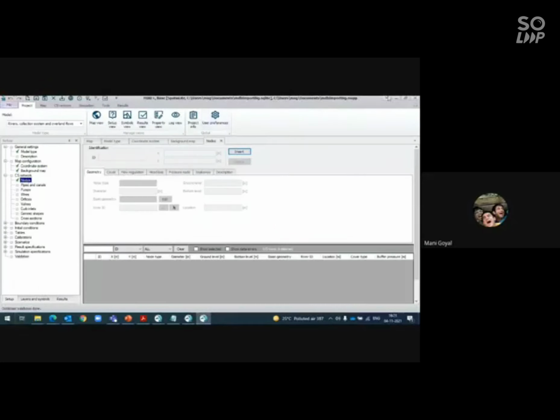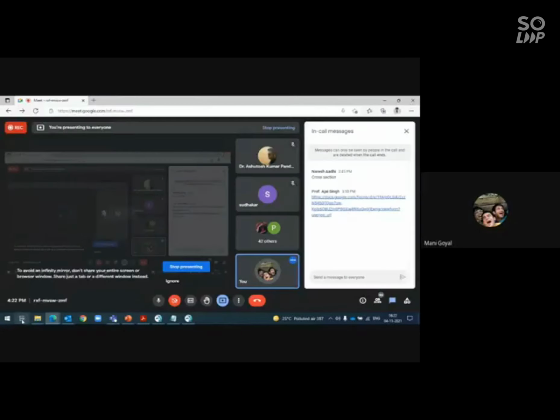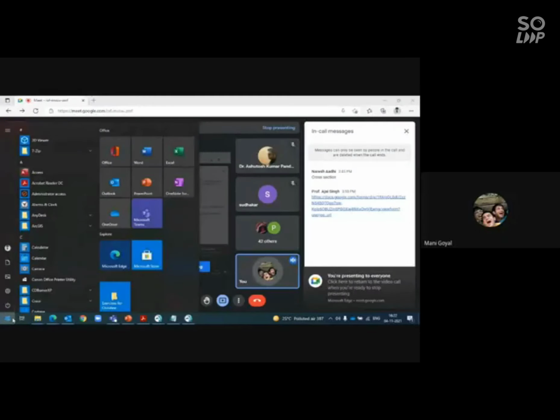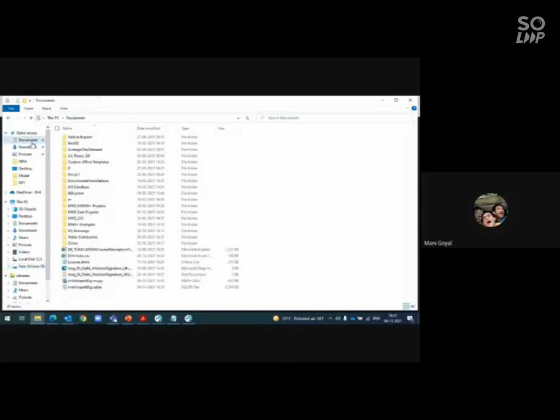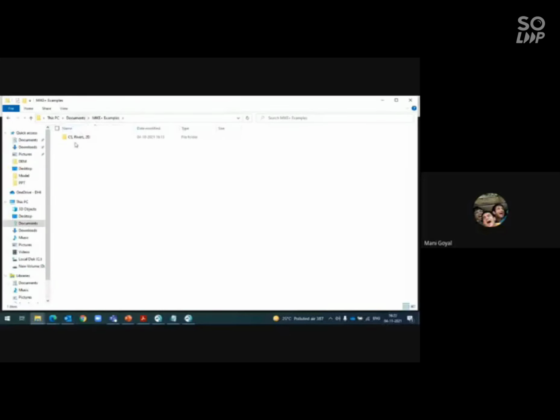It will be more meaningful if I open one of the models that is already created. Again, in Mike Plus also there is an option of installing the examples. I have installed a few Mike Plus examples.